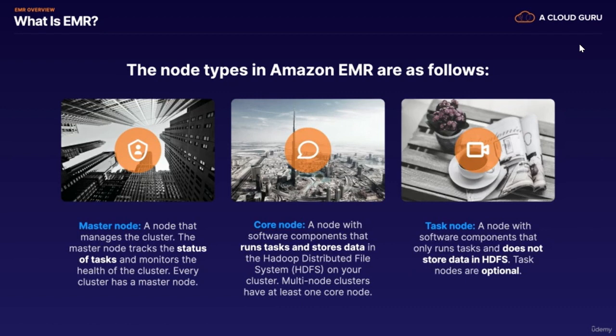We'll start with the master node, and this is a node that manages the cluster. The master node tracks the status of tasks and monitors the health of the cluster. And every cluster must have a master node. The smallest cluster that you can have is 1, and that will consist of a single master node. We then have our